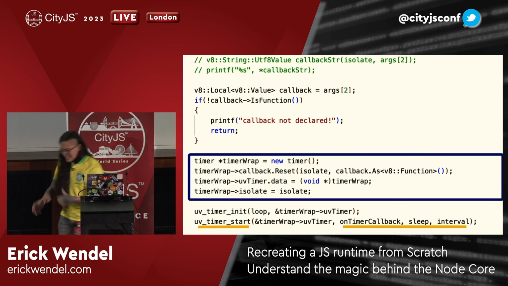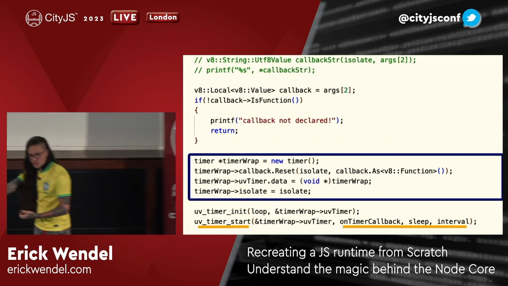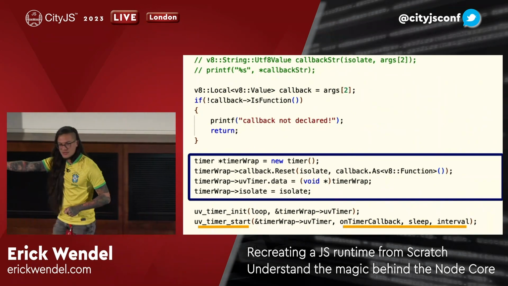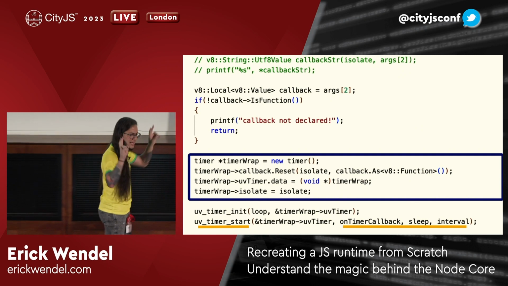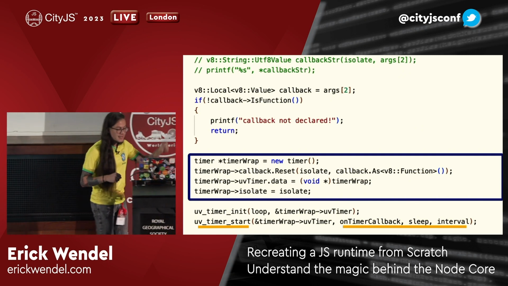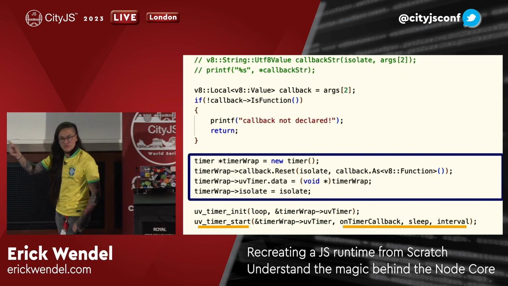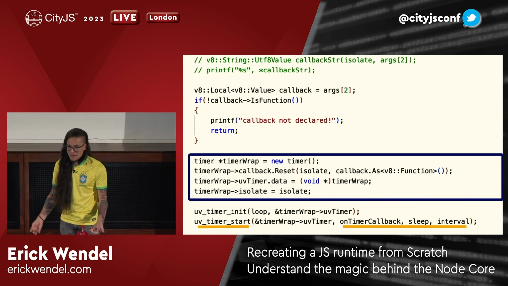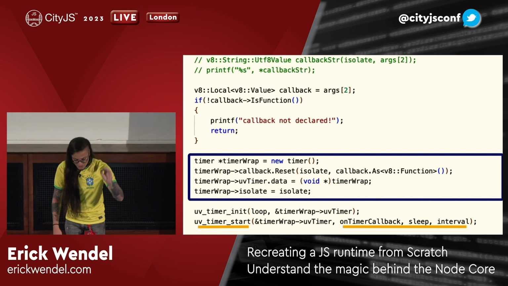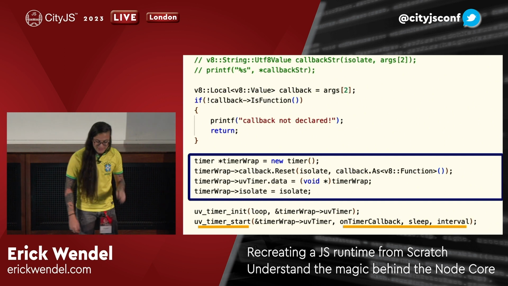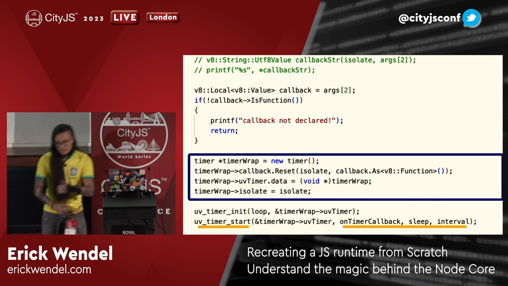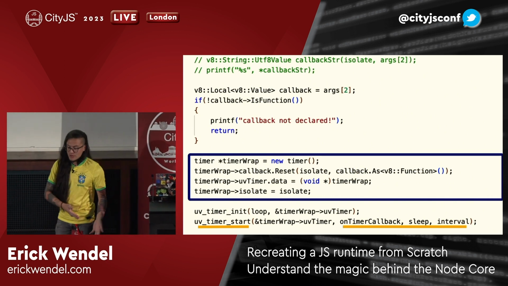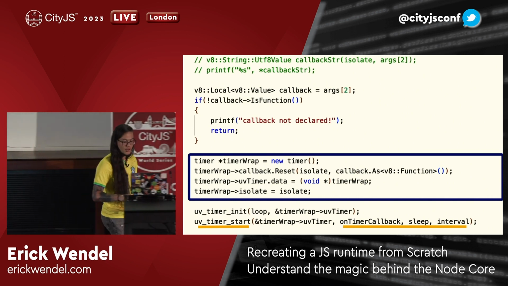So here, as I'm trying to use it in the future, I'm scheduling a function that's going to be executed in 1 second, 2 seconds, I have to save it in memory, I would say, and then schedule using the UV. And see, it's a very simple API, right? Looking at this code, we have just timer init and timer start. And I send my callback, which is the C++ function that's going to be executed when the setTimeout ends, the sleep, and the interval.